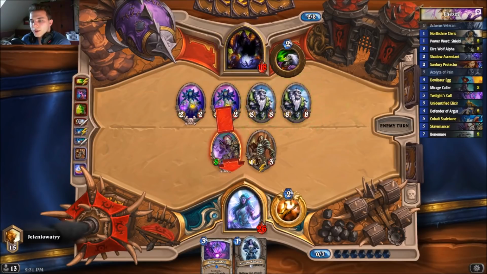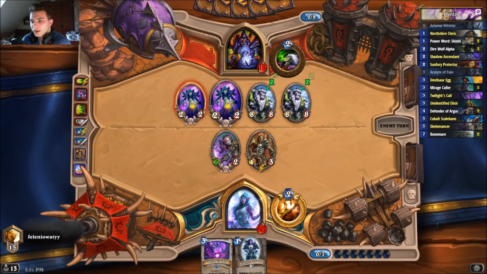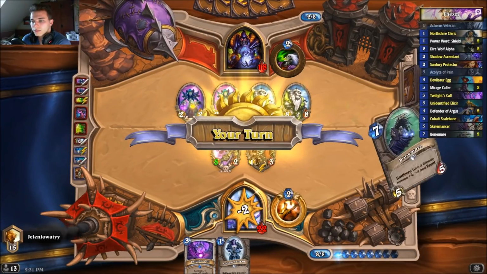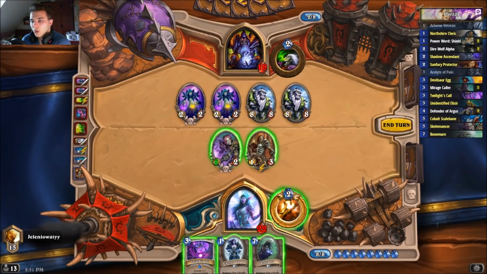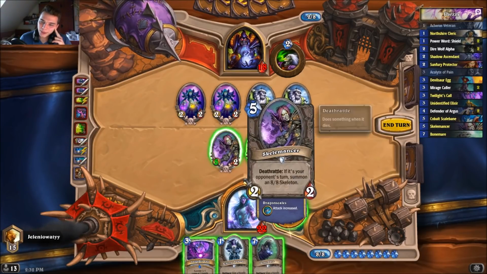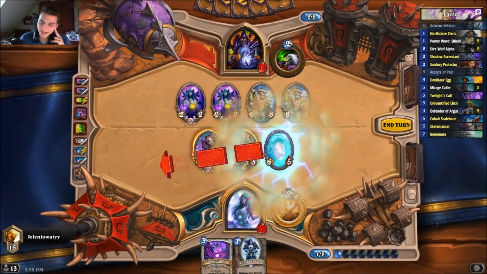Another Mountain Giants. Are you going for a trade? No way. Then I will get an 8/8. Oh, Bone Mirror. So we can go all in. Hope for the best. Because I can play this on Scalamancer, he will need to trade. But I'm so scared that...